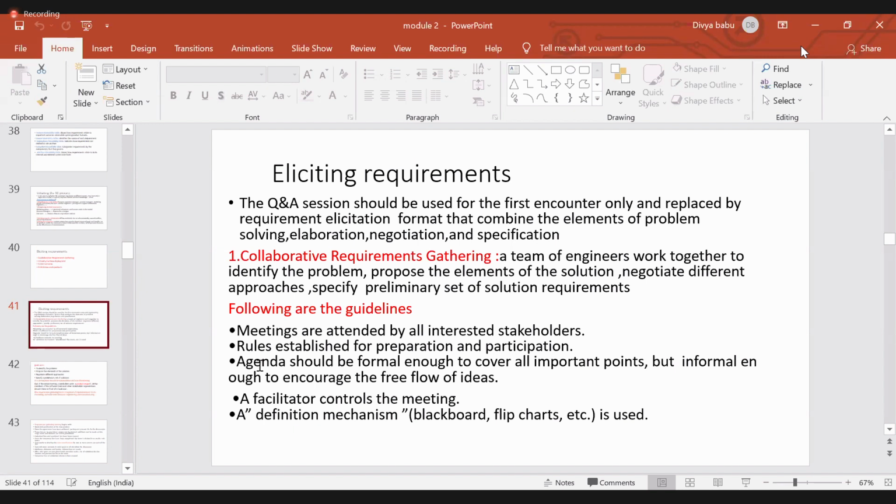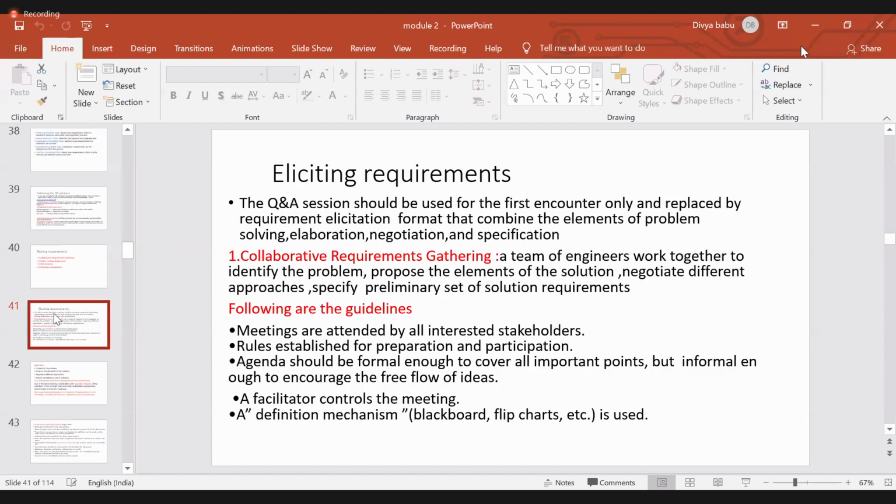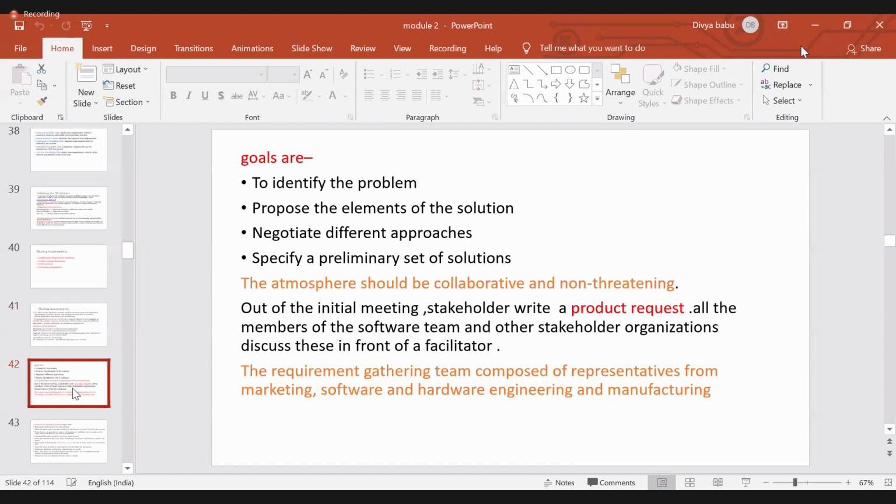So these are the guidelines for a review meeting. Our goal is to identify the problem, propose solutions, negotiate, and create one preliminary set of solutions. This part is called the elicitation process. First is requirement gathering inception, and the second part is elicitation. During the inception part, we just ask some context-free questions and fix the scope of the project. But when it comes to elicitation,